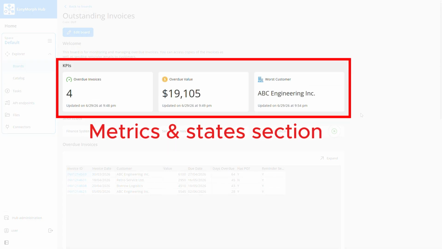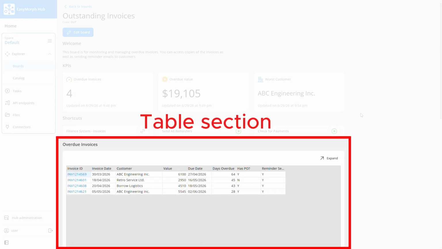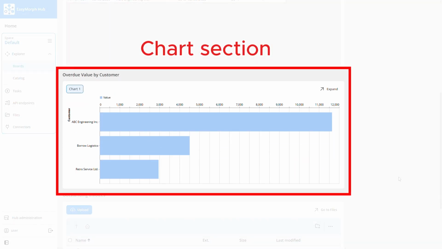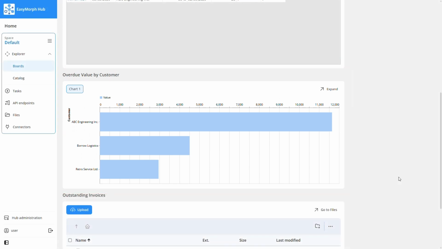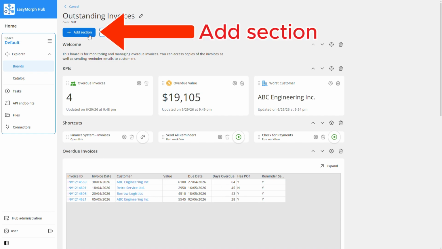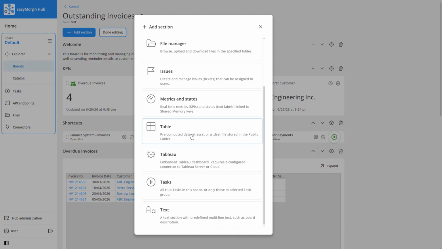Metric and state sections allow us to add important key performance indicators or statuses. Shortcut sections let us add links to any useful web addresses, such as here where I've added a link to our finance system. They can also be used to trigger workflows to run. We can also add data tables to our board using the Tables section. We can even add simple charts to our board using the Charts section. If we click on Edit Board